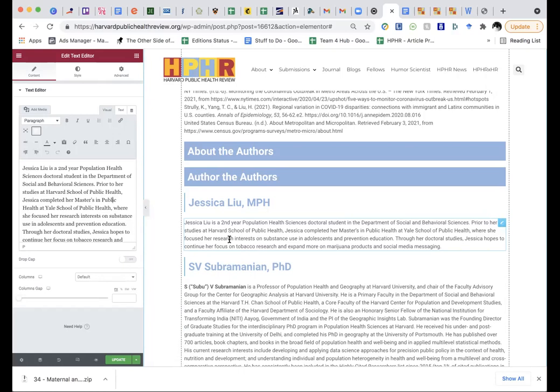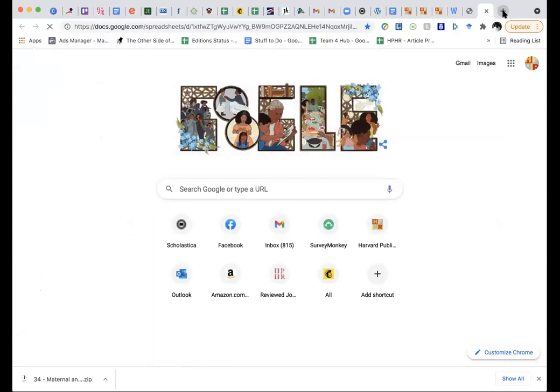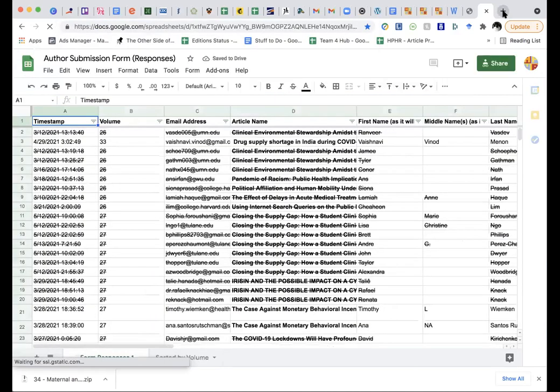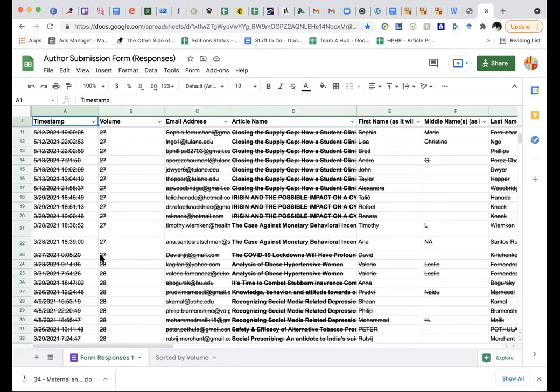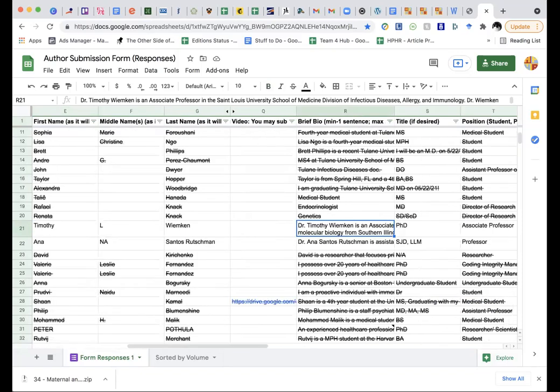To get to the author's bio, that is listed, and it's in the working document, but that is listed for now in the author submission form. All authors, when their articles are selected, are asked to provide a bio and some background information. So the ones that have been crossed out have already been added to the site. I think this has been added to the site as well. I don't know why it wasn't crossed out. You can see that the author provides their full name in the submission form, as well as their biography.